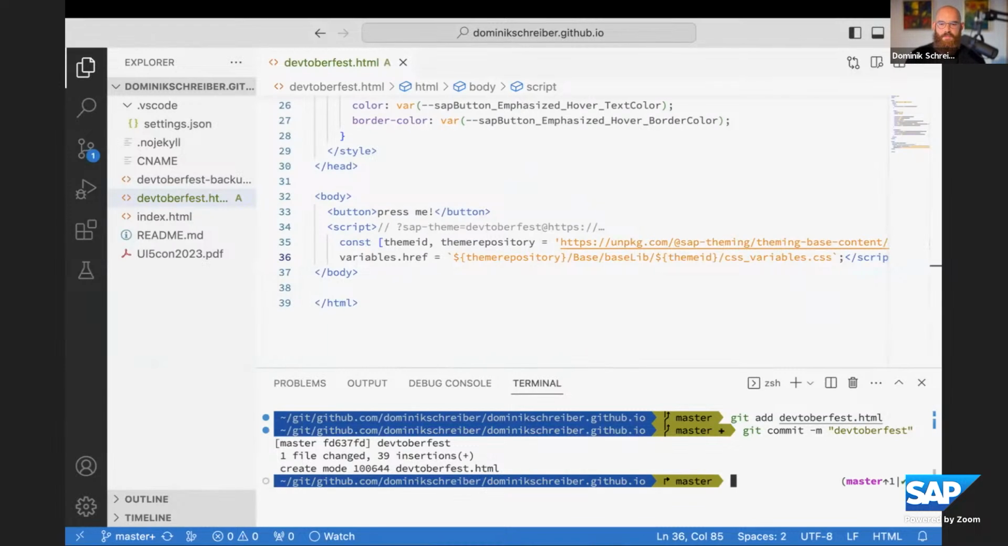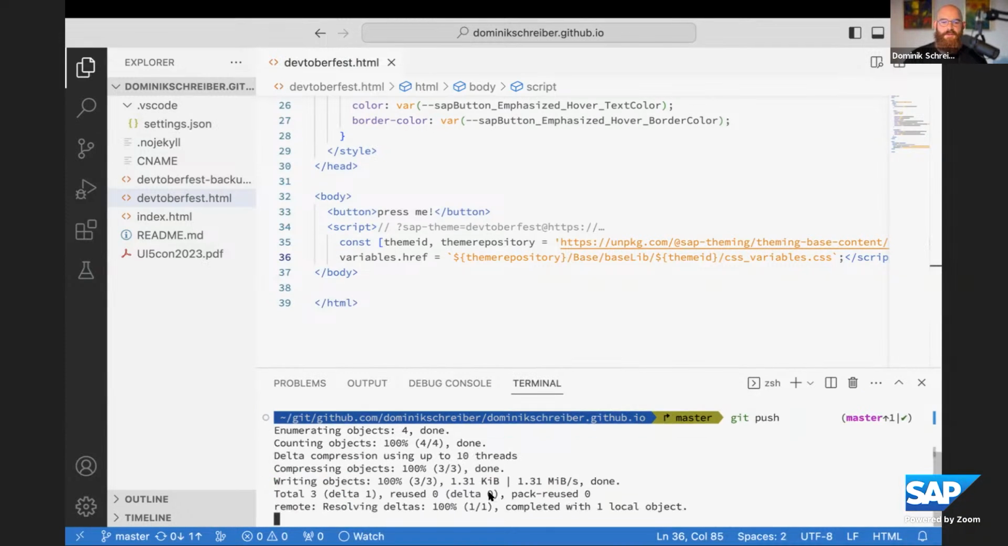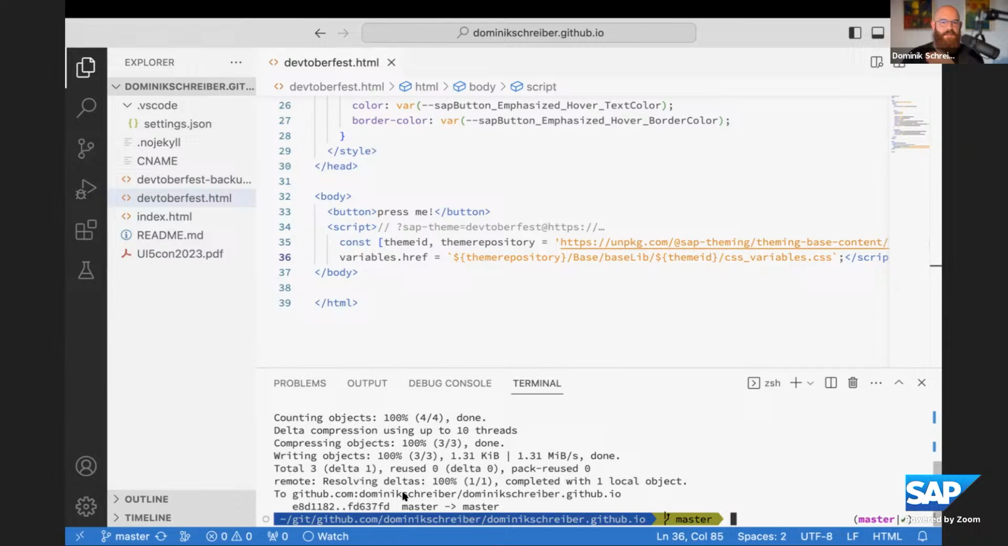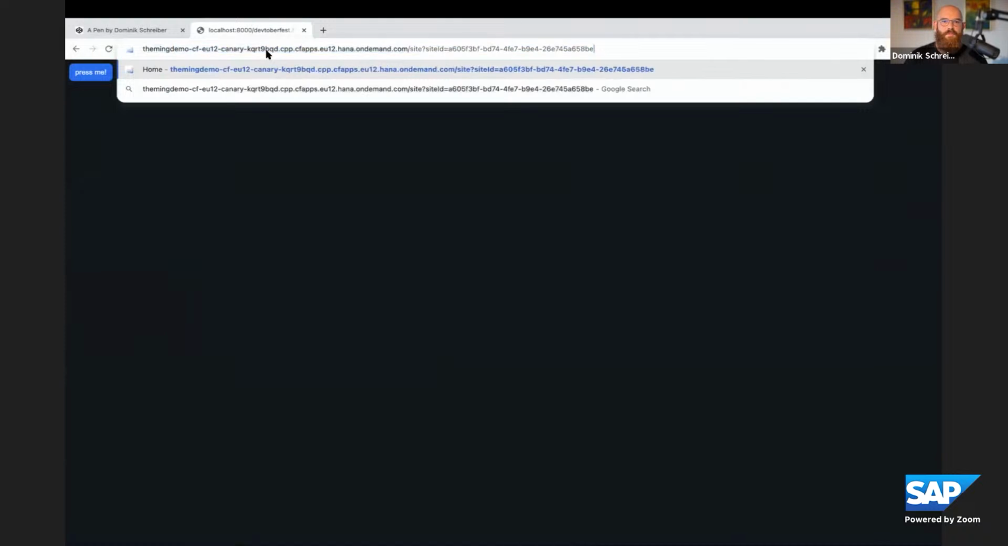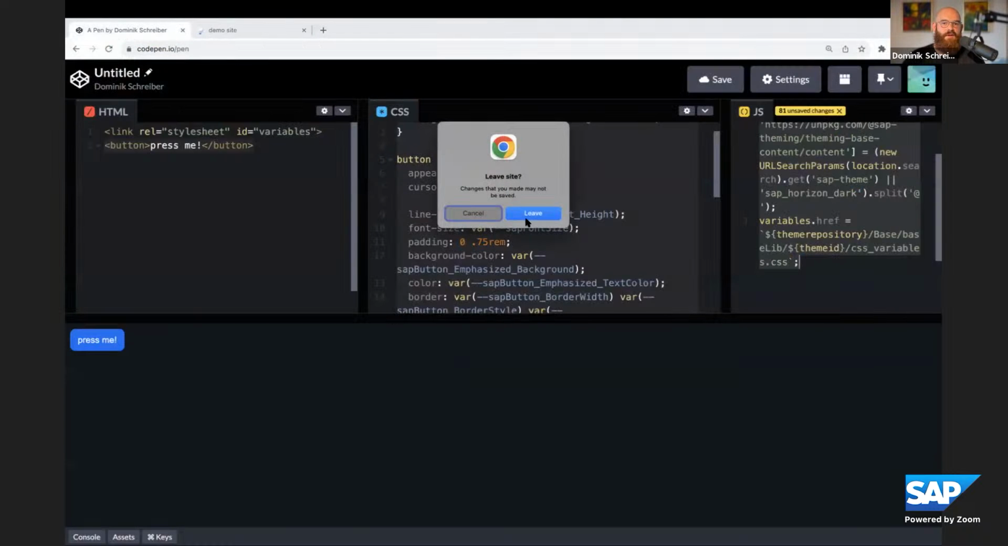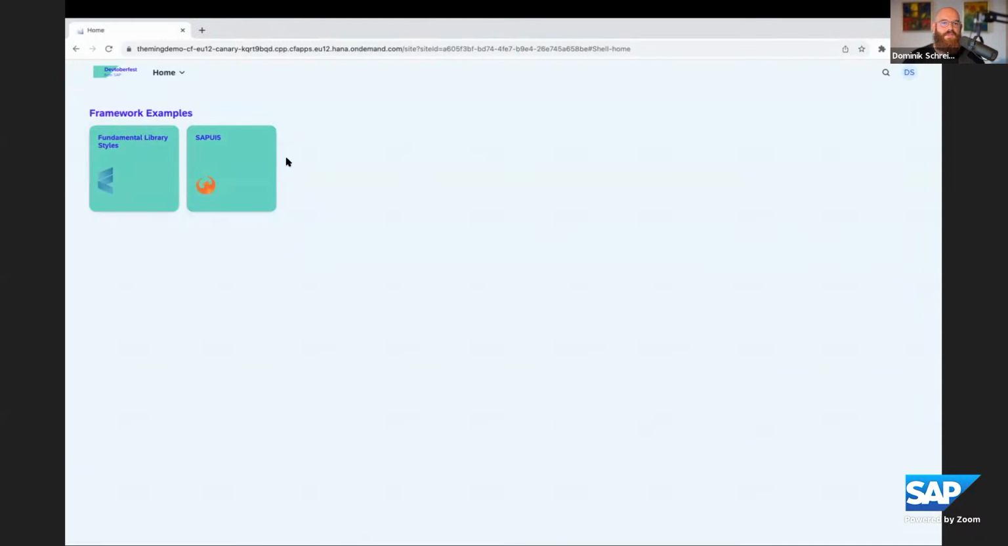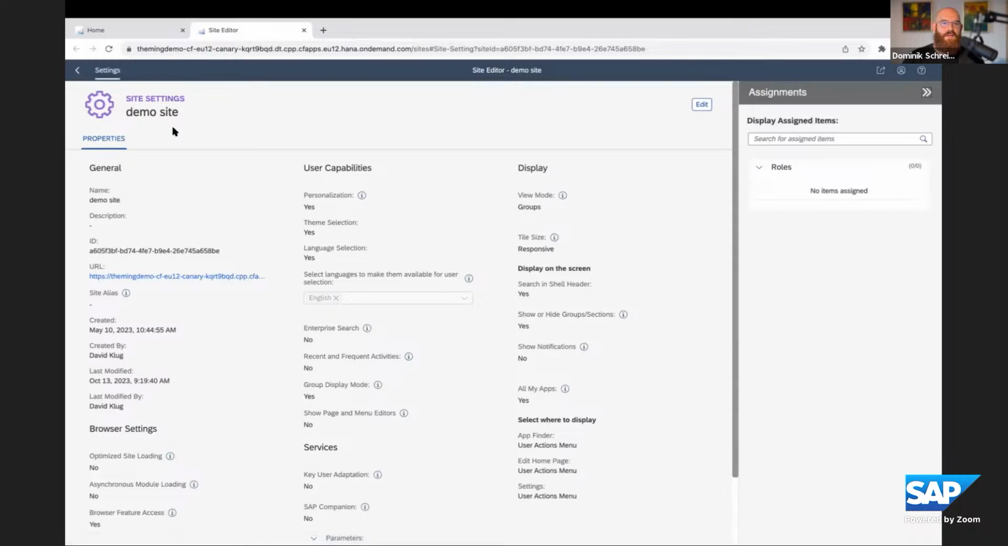Just upload it to GitHub.com, to my personal space. Git push. Now a GitHub action starts and it takes some seconds until it's there. But we can start with David's Fiori Launchpad. Theming demo. There it is. I have to log in, leave CodePen. Here we see what he just did. That's very nice. And I will be managing the site in the site manager